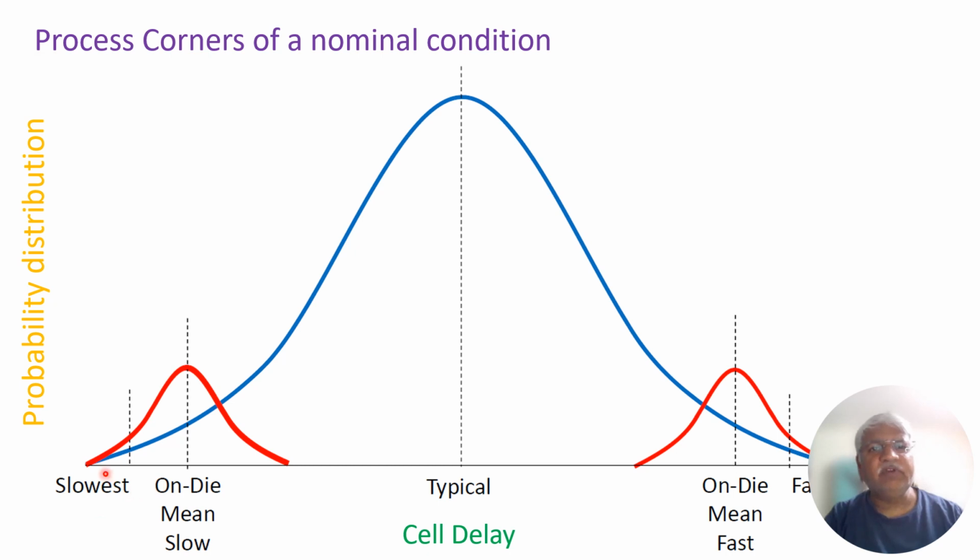Here you can see this is the SSG corner and this is the FFG corner. This will represent the local variation of the fast case, and this will represent the local variation of the slow case. Here you will observe that the slow SSG probability distribution has a larger peak than this one. But that does not alter the outcome, because when you figure out these distributions, when you have